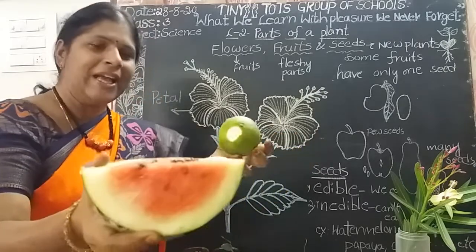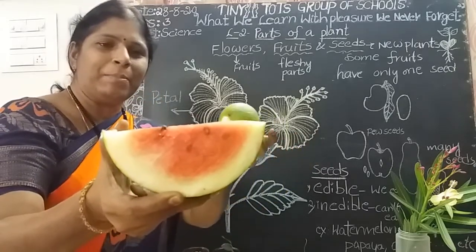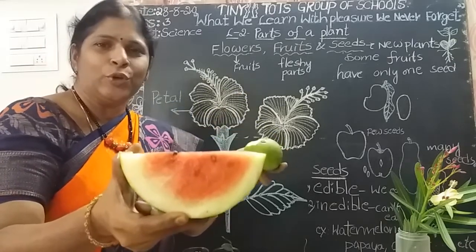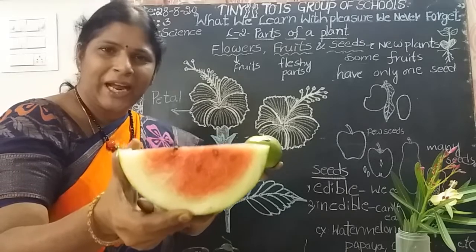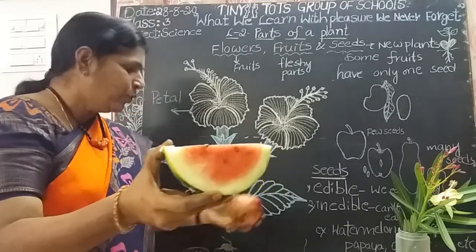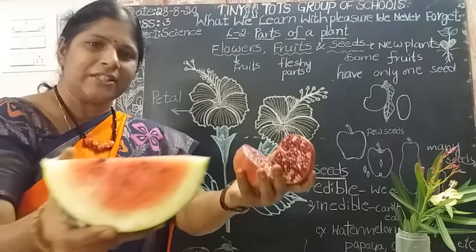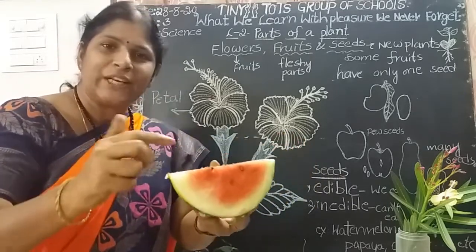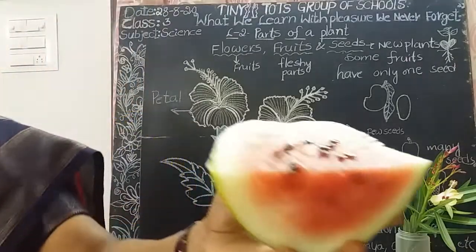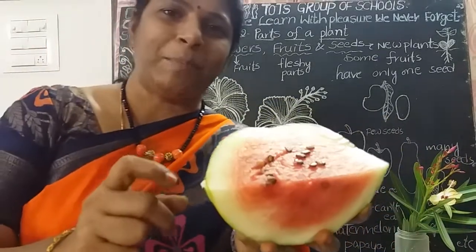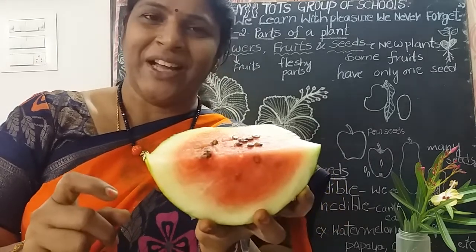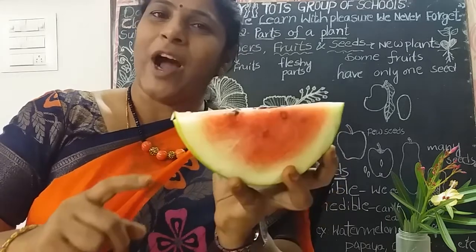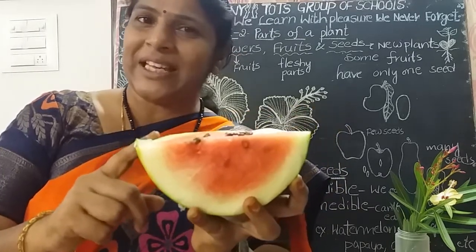See here, batai and watermelon. How are these, amma? These are very fleshy and very tasty, no, children? Flowers turn into fruits. Fruits are the fleshy parts of the plant. Okay, now and see here, these are all the fleshy parts. This is the fleshy part. So see here, what is there inside the fruit, children? What are the black color parts, amma? Seeds. Okay, na? What is there inside the fruit? Seeds are present. Okay, see here watermelon. How many seeds are there here?